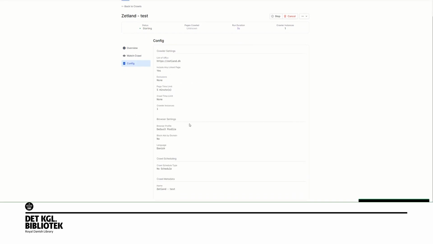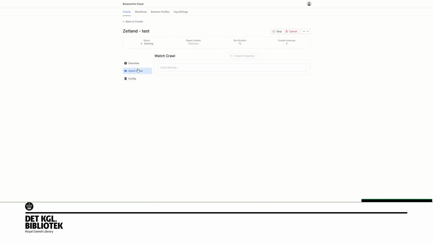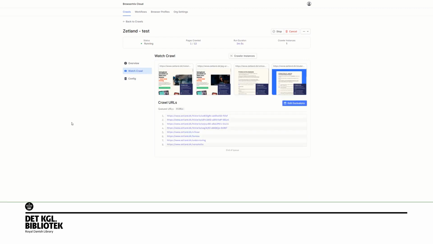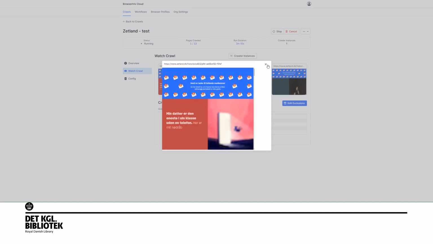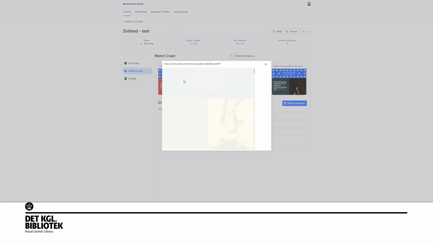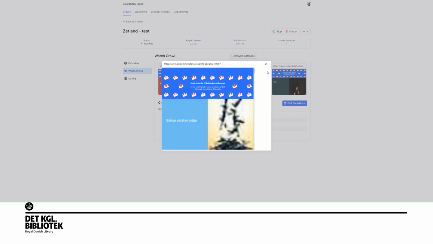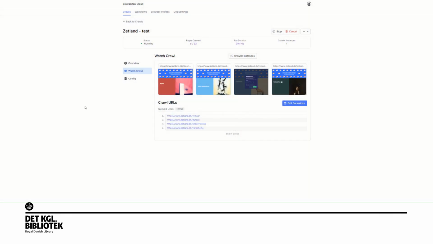You can see a configuration, and you can also watch the crawl. You can see here it has embedded video recording. Let's see, maybe over here. Okay, it goes to another window, but you can see it actually has a queue here, and it crawls the videos. So if I push stop crawl,